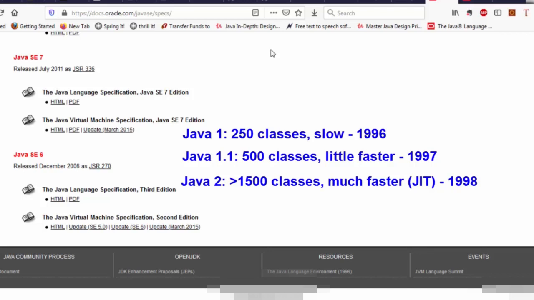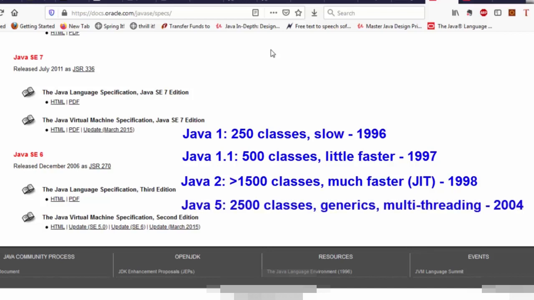included the JIT compiler. Then after that, Java 5 came out in around 2004. It was also a pretty huge release. In between there were Java 3 and Java 4, but probably they are not that significant. Java 5 was really huge with new additions like generics and some new multi-threading features. And it had close to 2,500 classes. Then later Java 6, which we can see here, has come out. It did not add much to the language itself, but had some important changes in the JVM. So sometimes in certain releases, you will see more changes in the JVM and fewer language changes.